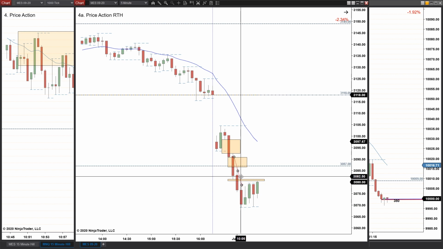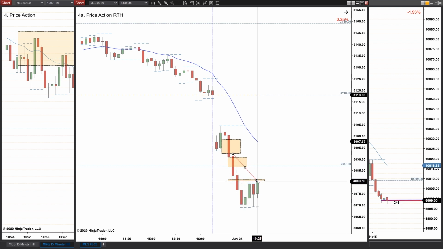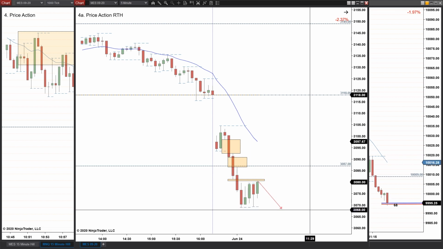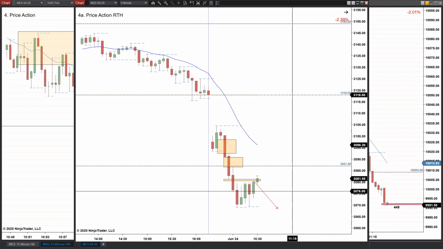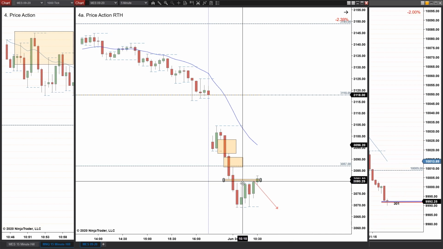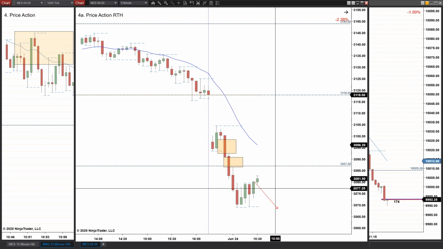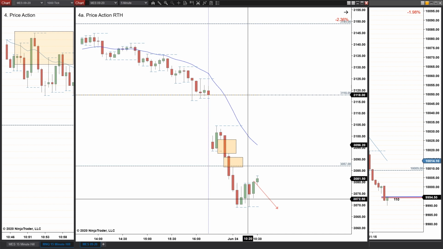So we have to adjust our measurement. The measurement of the gap does change like that. So now we're looking for a move back down to just below the lows, okay? And then we break through it and we fill the gap. So this gap is no longer viable to use as a measurement. So what does that mean? Well, that means that we can revert back to a larger measure.